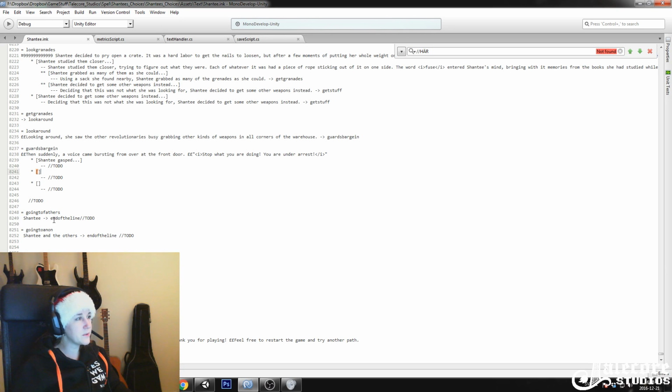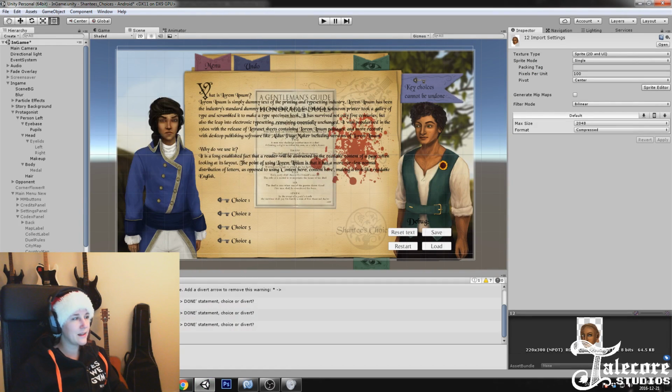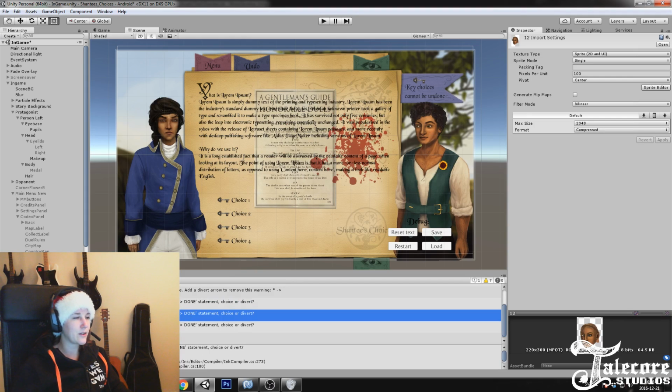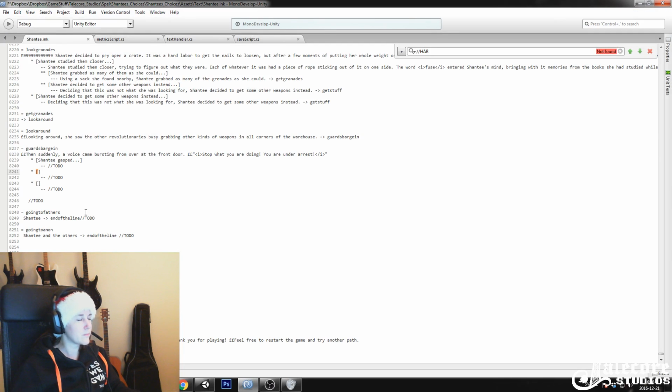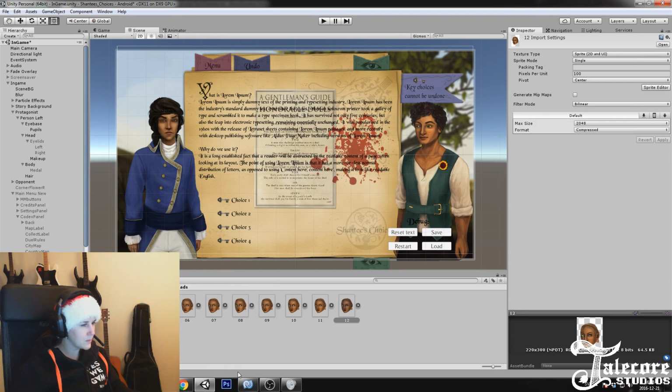So what happens now, I added some stuff, I go back to Unity, it compiles, and the changes are in. Ink is also kind of nice because it gives you some info on things that aren't working. So if I, for example, actually I should get an error here. That's weird, because I have choices that are empty.